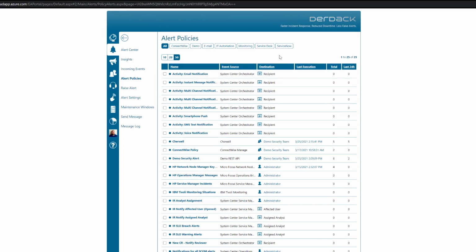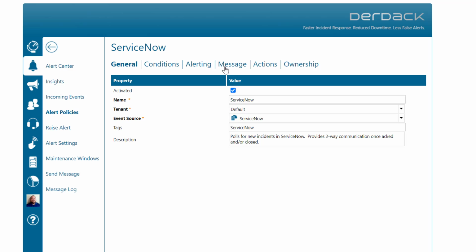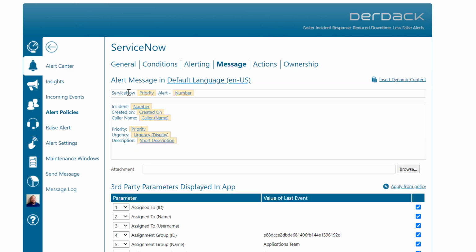destination. So here you'll see that we have two ServiceNow alert policies, and one of them has the destination of applications team, and the other has the destination of EA ServiceNow AG team. And the only thing different about these two is the destinations. If I was to open up the ServiceNow team and go under the conditions, you'll see that I only have two conditions: what the urgency is and is it new. And under the message, you'll see that I have the message typed out, complete with parameters coming from the ServiceNow